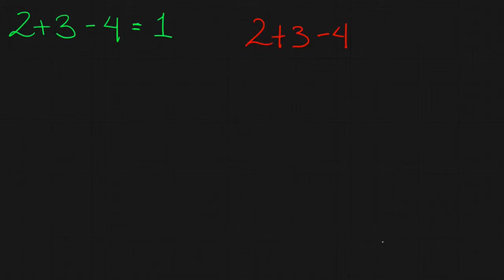Hi, everybody. We want to talk about simplifying expressions using the order of operations. Before we start, let's make sure we know the difference between an expression and an equation. Over here in green, we have an equation. I can tell because there's an equal sign. And what that means is that the quantity here on the left is equal to the quantity here on the